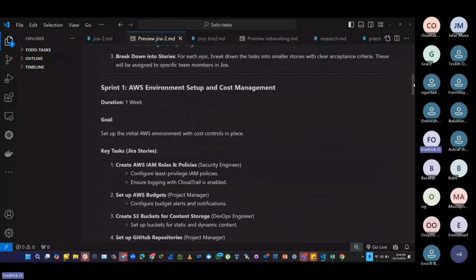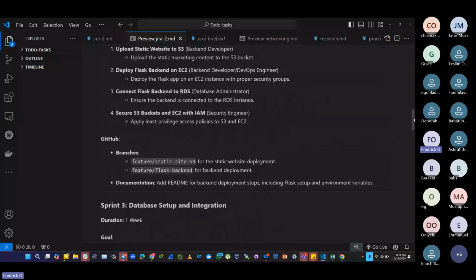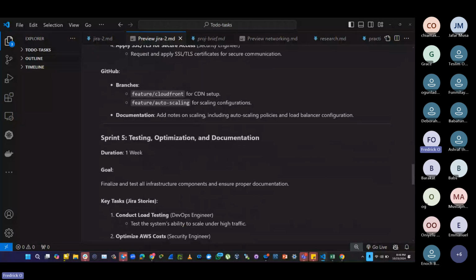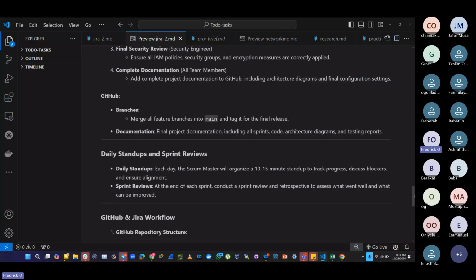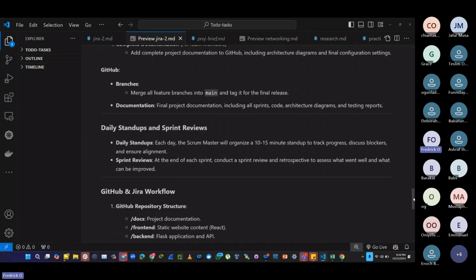So this is using Jira for the project. But for now, this is basically just using GitHub and Jira. Okay. So in the last session, when we started, we did a little bit on Git, but we did not dive deep into it. So three things you all will be doing. One of them is you'll be using Jira, you'll be using GitHub, and then you'll be using architectural tools like draw.io. What do I mean?